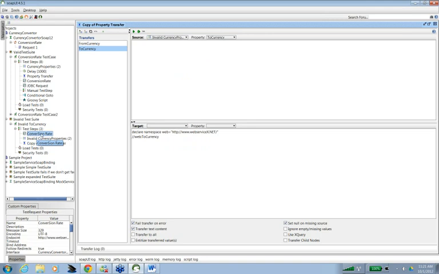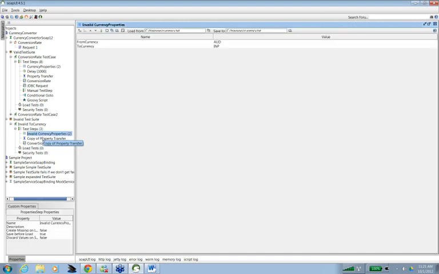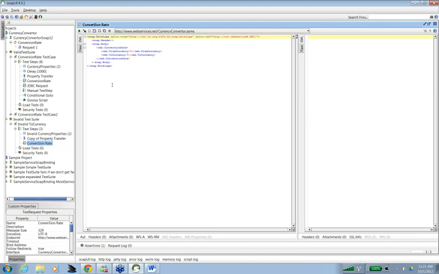So after I'm done with this, this conversion rate would be my third step. First would be creating the properties, then transferring the properties, and then running it.